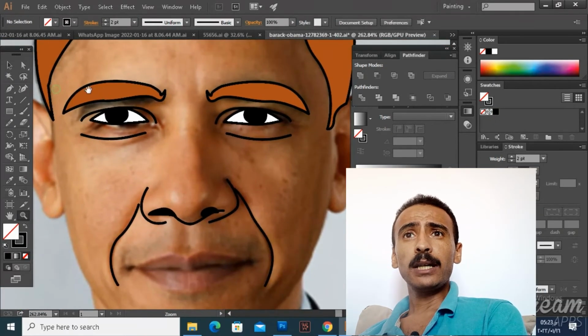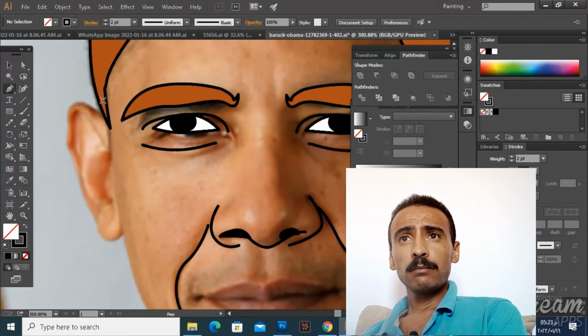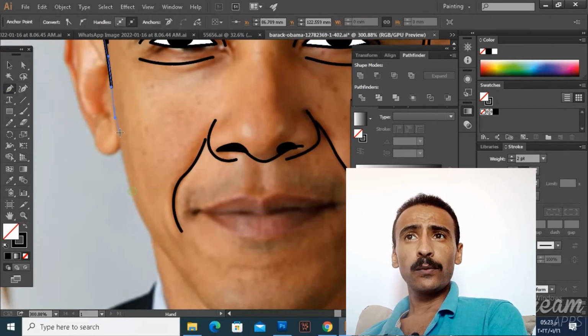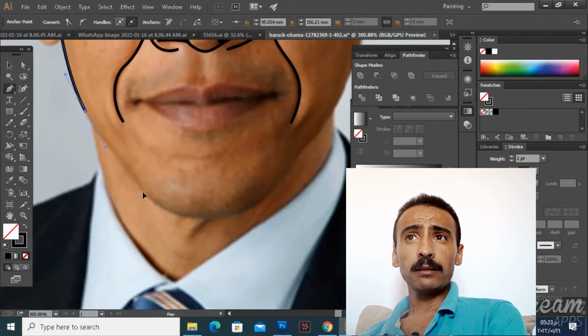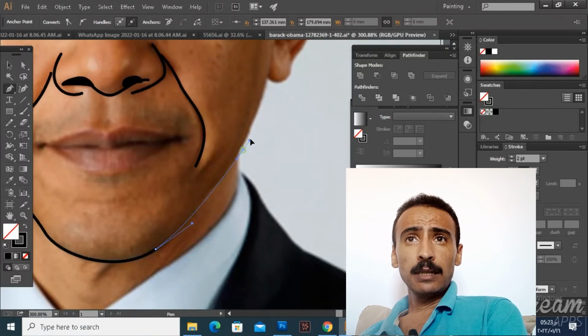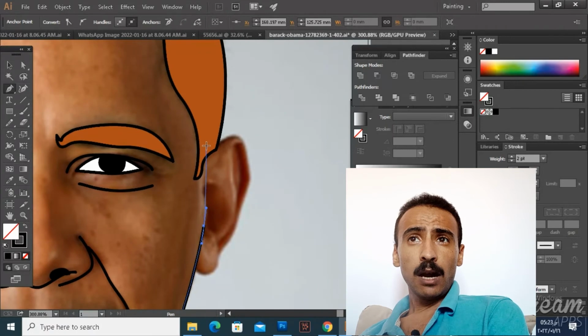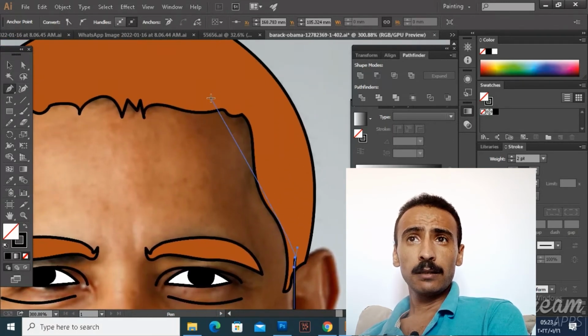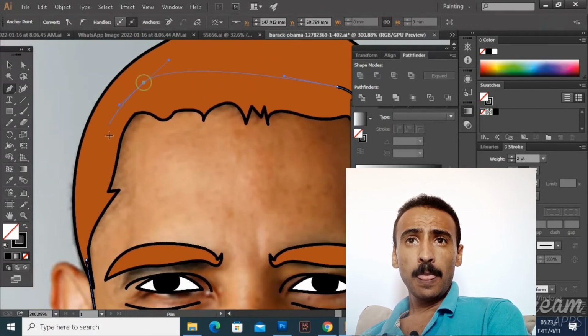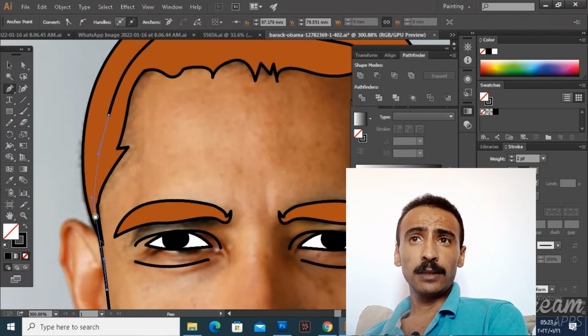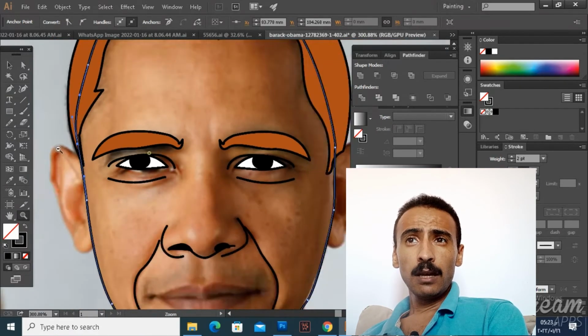Now we will draw the contour of the face like this and connect it like this, and choose the appropriate color. Then after we have drawn the frame of the face,